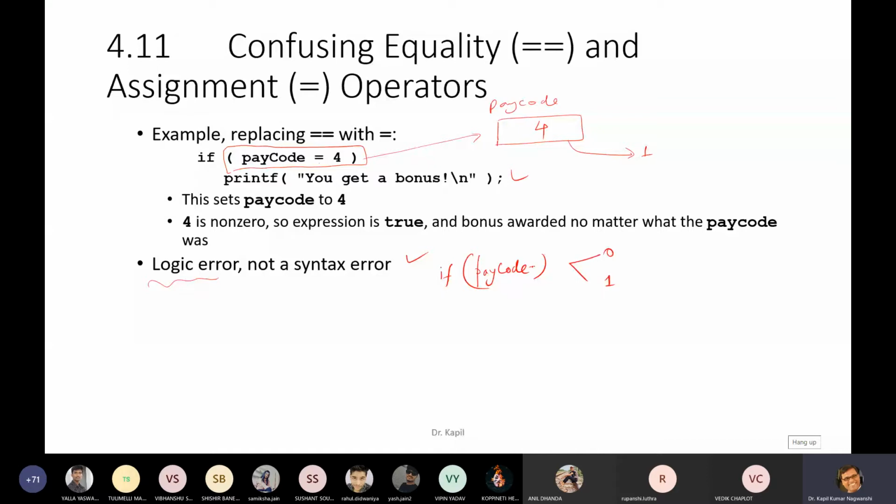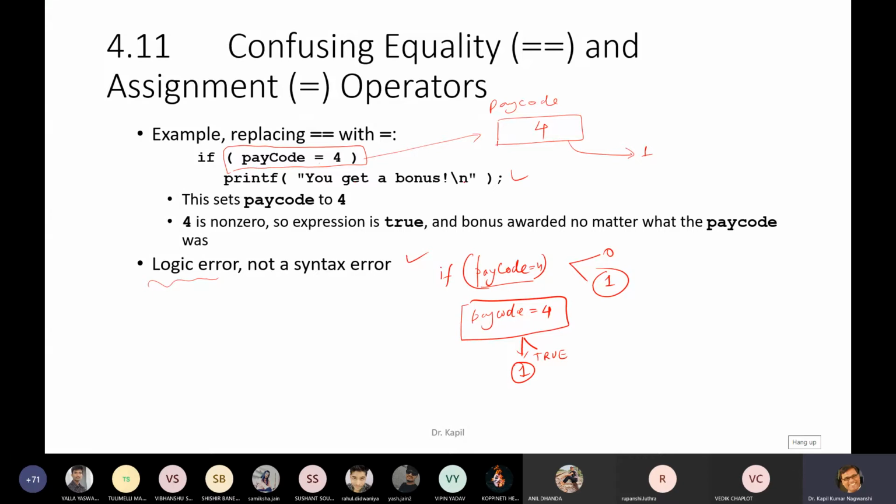So if the value of pay code is given as 4, this will assign 4 to pay code, and this will return actually 1, because this is true. The value is there, that is why this is true, and true is always 1, and that's why this code is also executed regardless of any other thing.